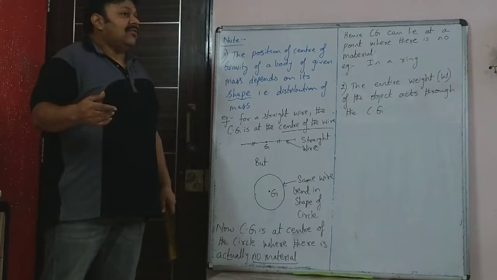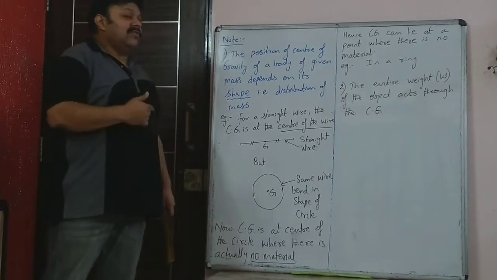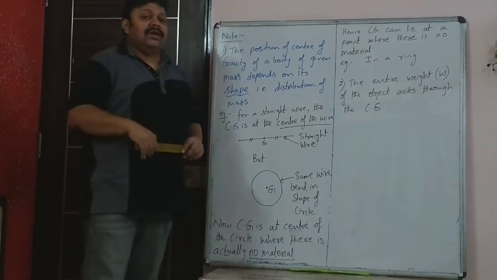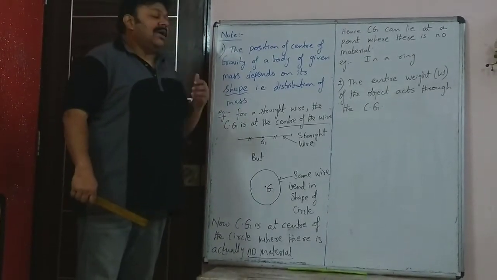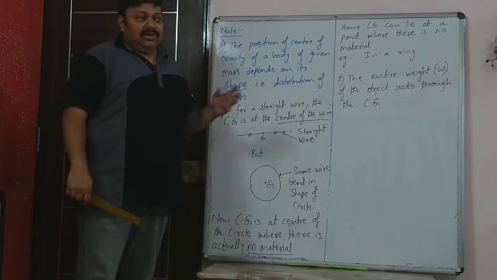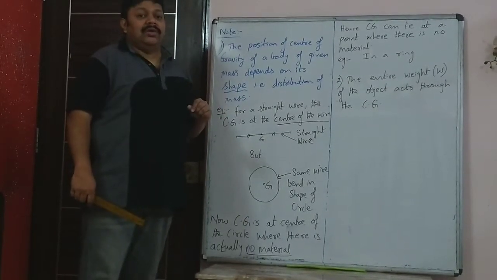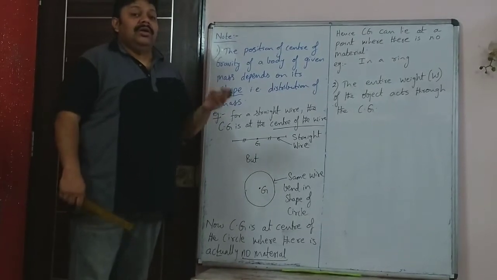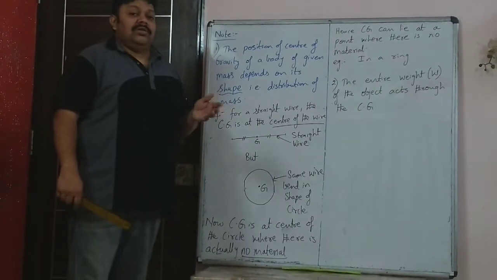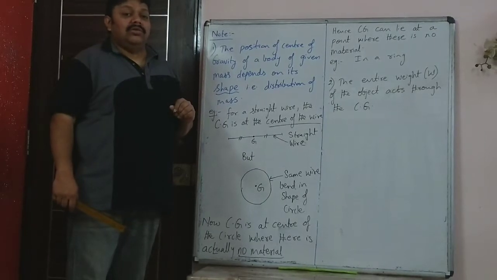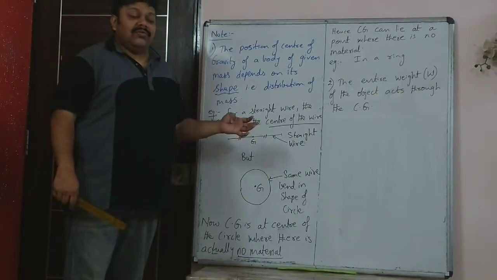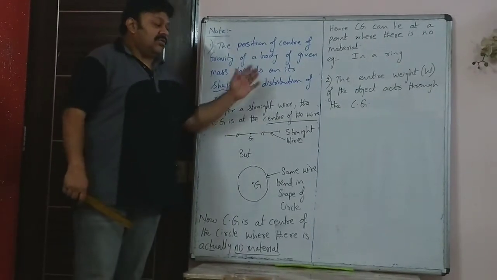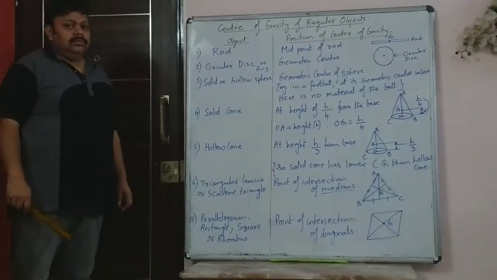Now I'll make the chart where you can see the center of gravity of some regular objects like cone, solid cones, a cylinder, sphere, etc. That has been asked few times for different objects in the board exam, like center of gravity of a triangular lamina. Lamina means shape. It is the point of intersection of the three medians. Now what is median? Point from the vertex to the midpoint of the opposite side. So that I will write on the next frame.